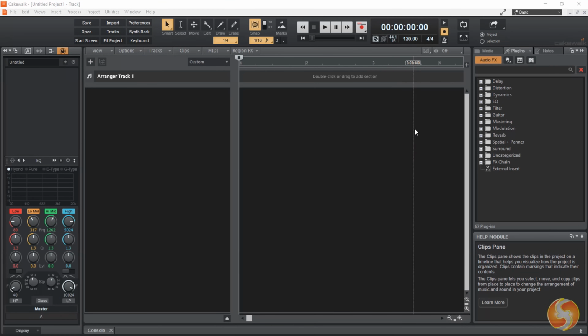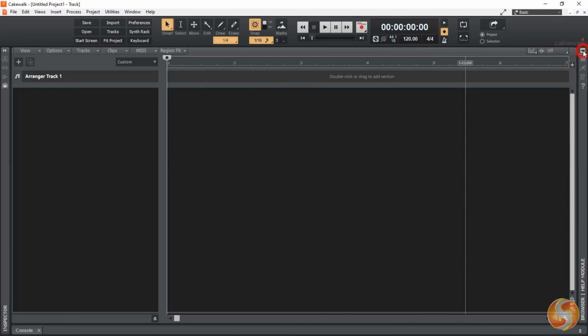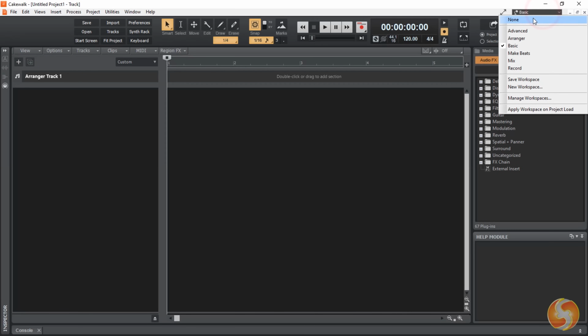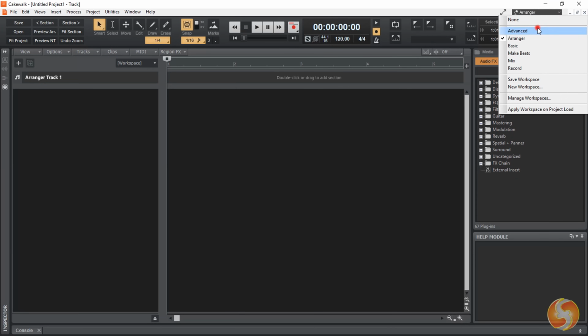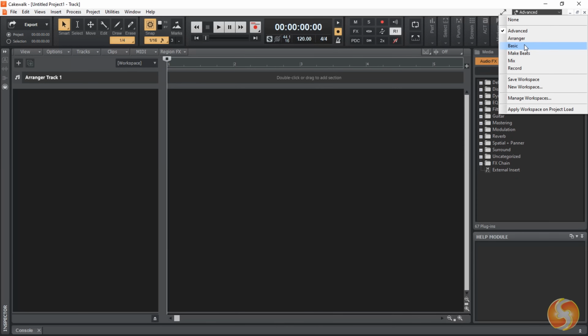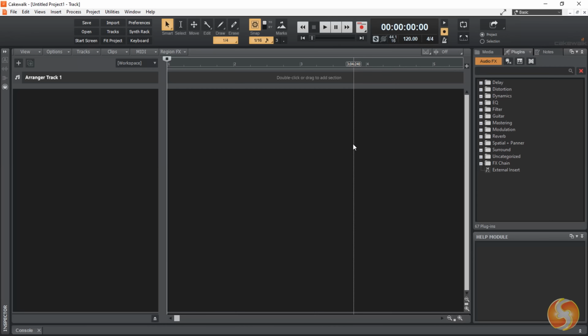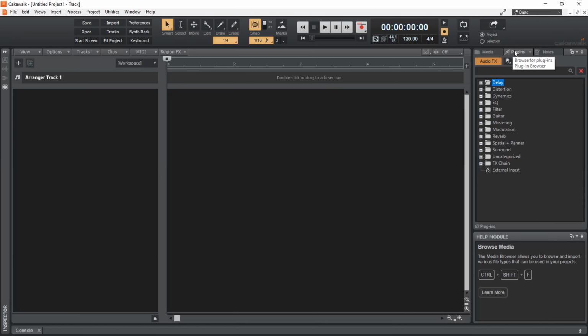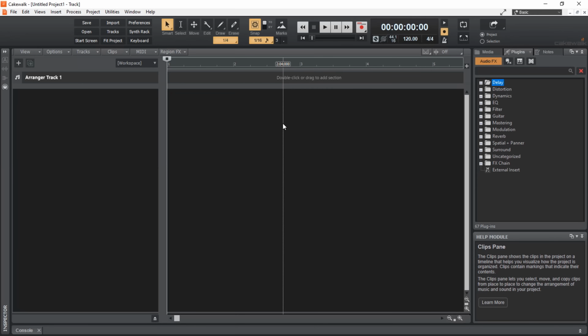The main interface is made by the central timeline and several panels around that can be opened and hidden with their double arrow button. On top, you also get several options that can change according to the template chosen on the right. We will see just the basic one on this video. If you are just starting with Cakewalk, the Help module can be useful, giving additional hints and information on what you hover with your mouse.